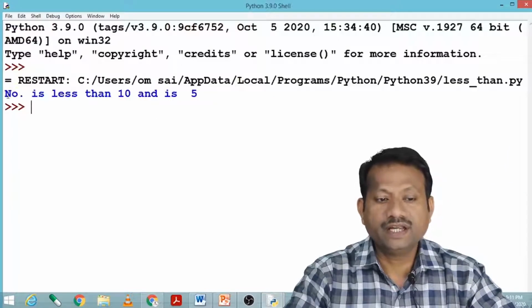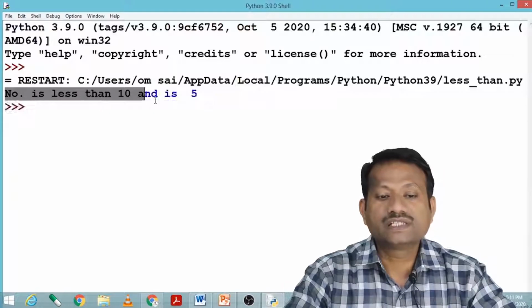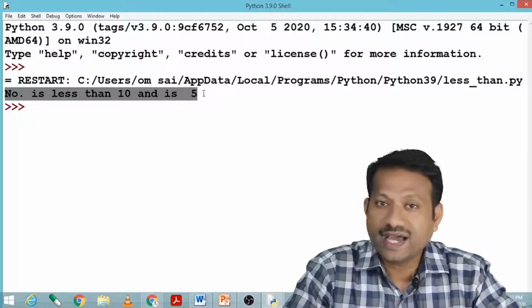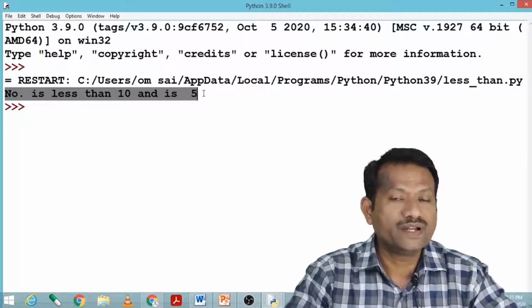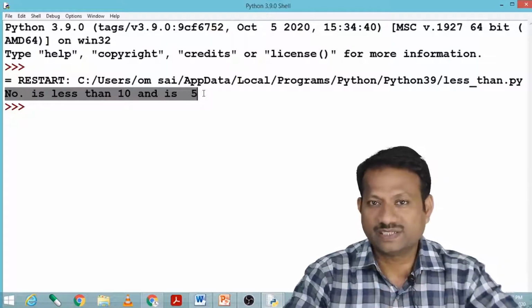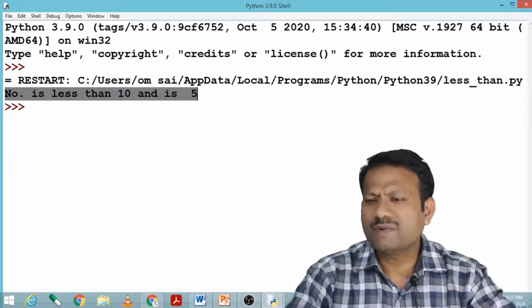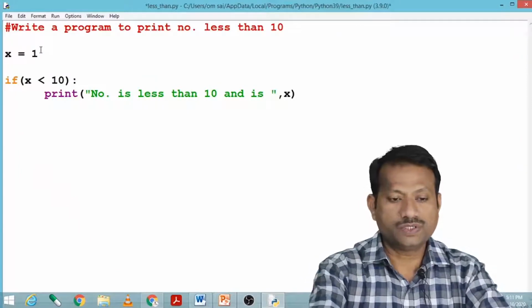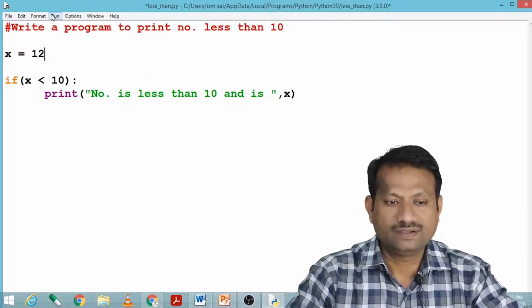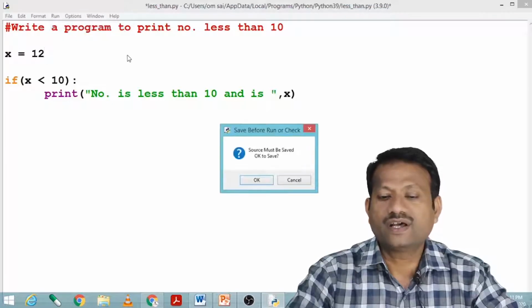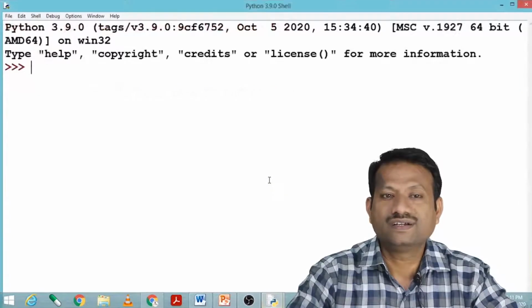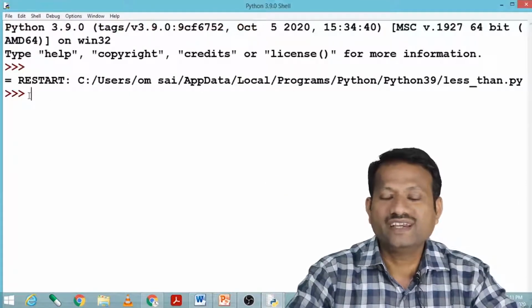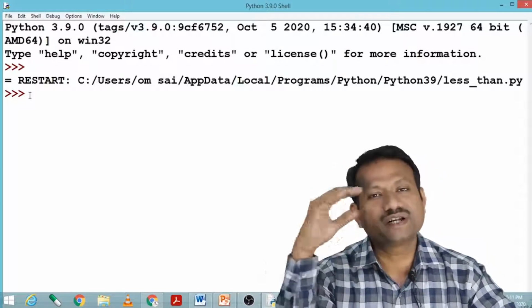After saving it is giving me the result: number is less than 10 and is 5. As to x we have given 5, it is indicating that the number is less than 10. Let us run this program again by changing this 5 to 12. If I run this program, it has not shown any result as that number is greater than 10.